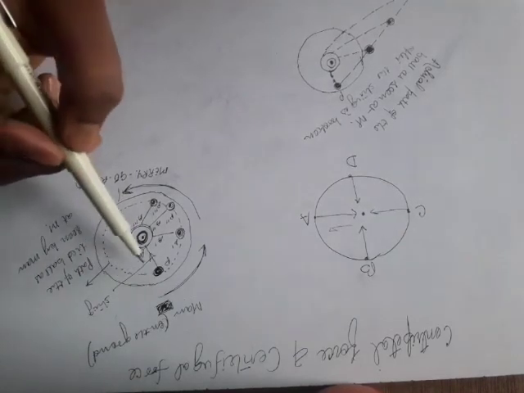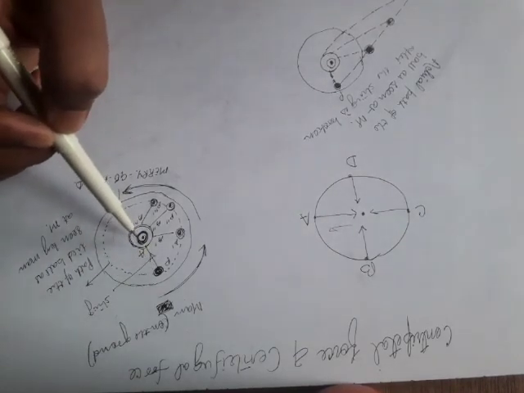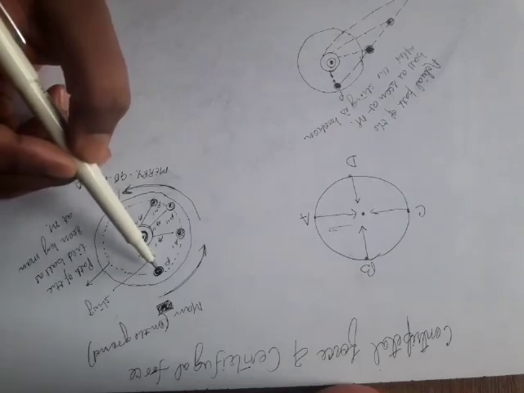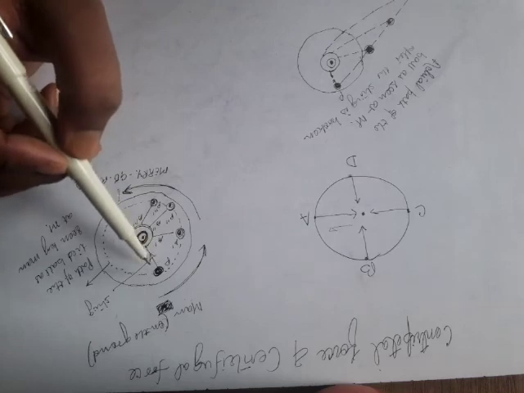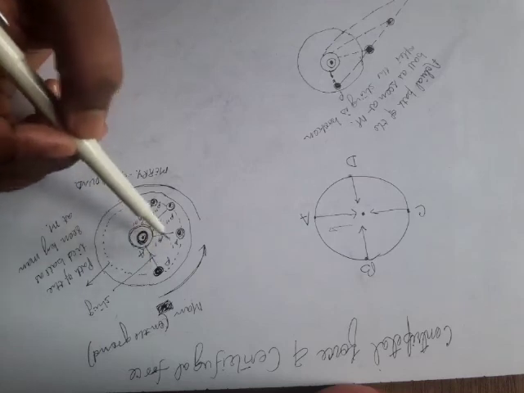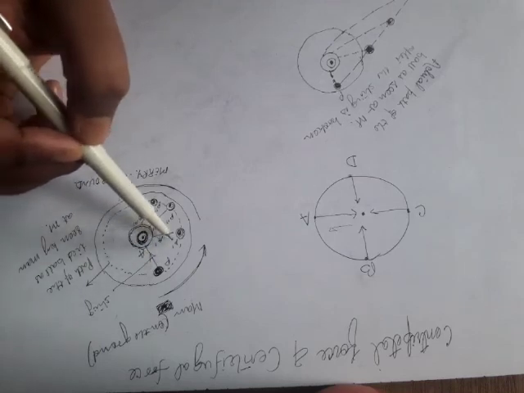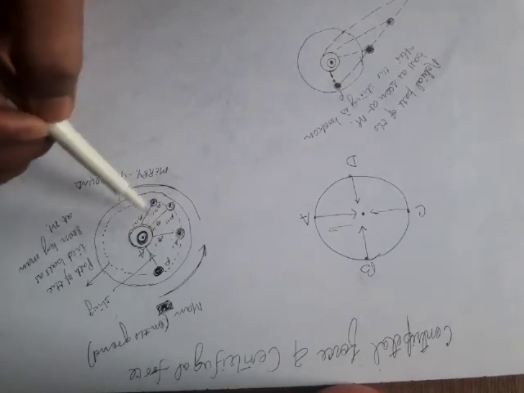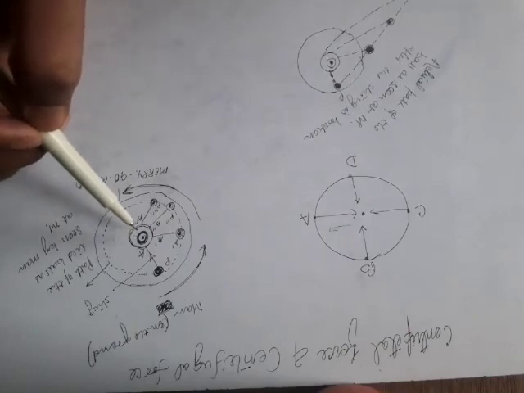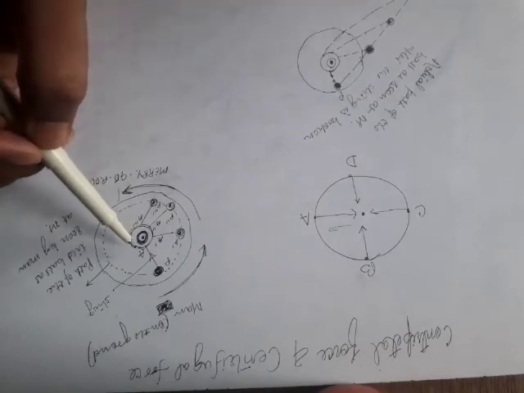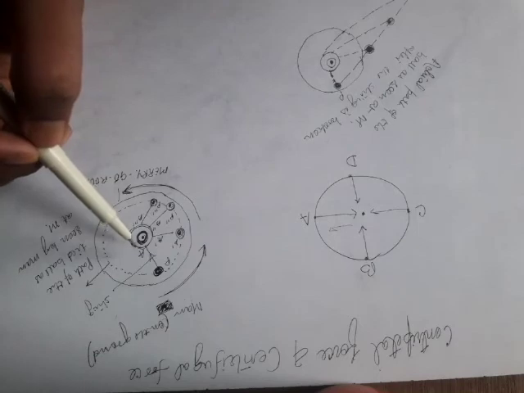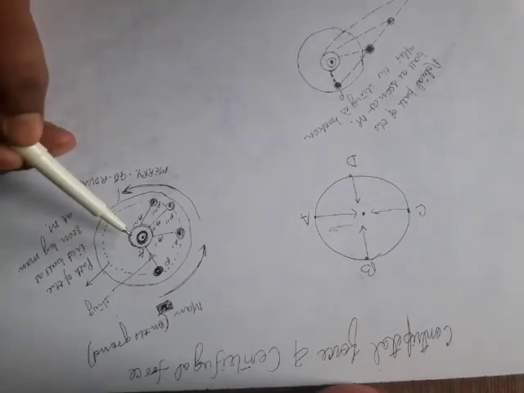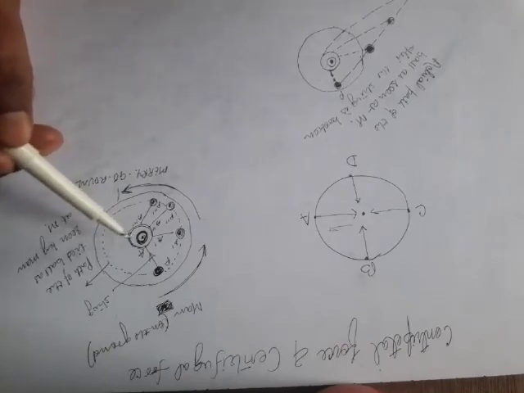That is the main reason why the person sitting at the center of the platform sees the ball as stationary. It always stays in front of him. At position A dash, the ball's position will be P dash, always a stationary position. These two forces are acting on the man sitting at the center of the platform. This is the reason behind this.